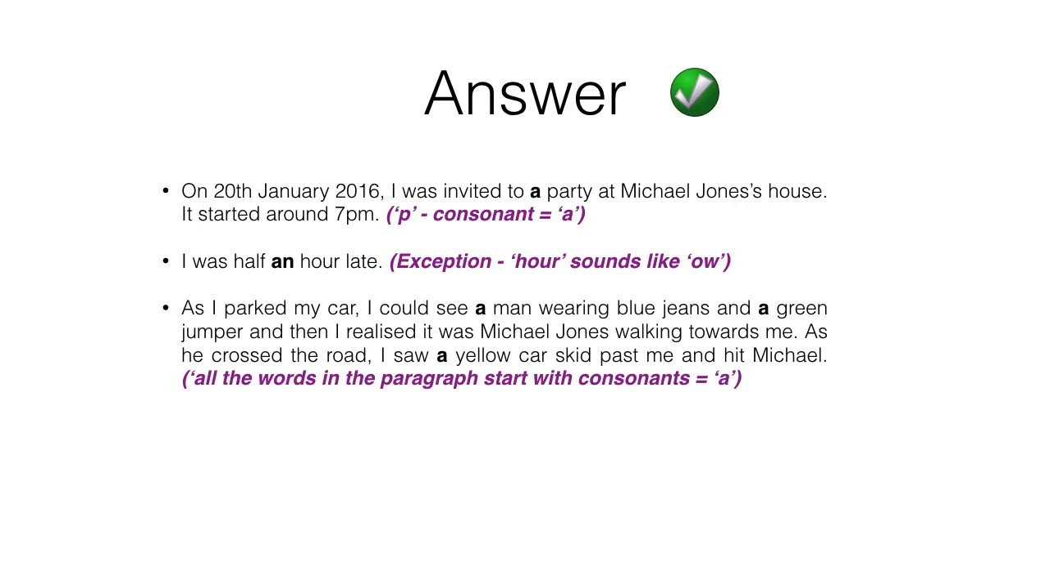As I parked my car, I could see a man wearing blue jeans and a green jumper. Then I realised it was Michael Jones walking towards me. As he crossed the road, I saw a yellow car skid past me and hit Michael. So all the words here in the paragraph before the article start with a consonant, so we use a and